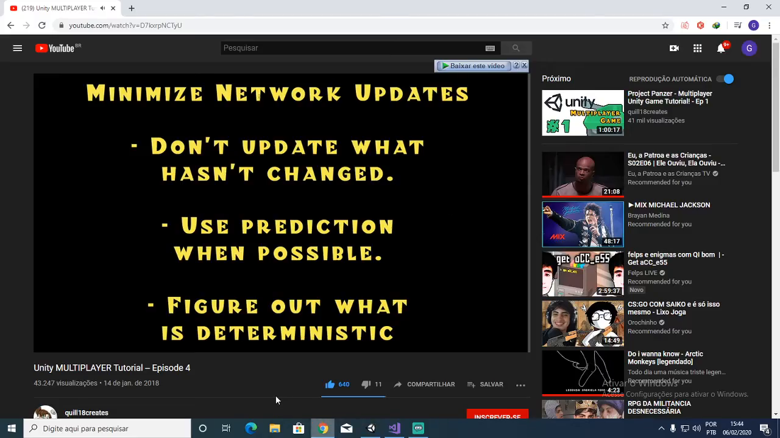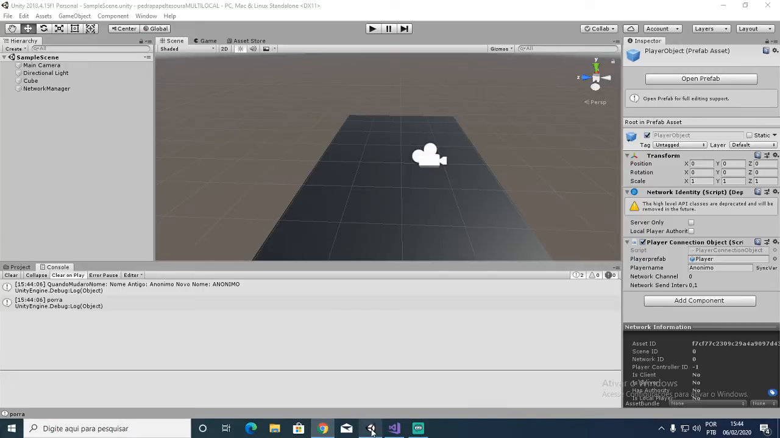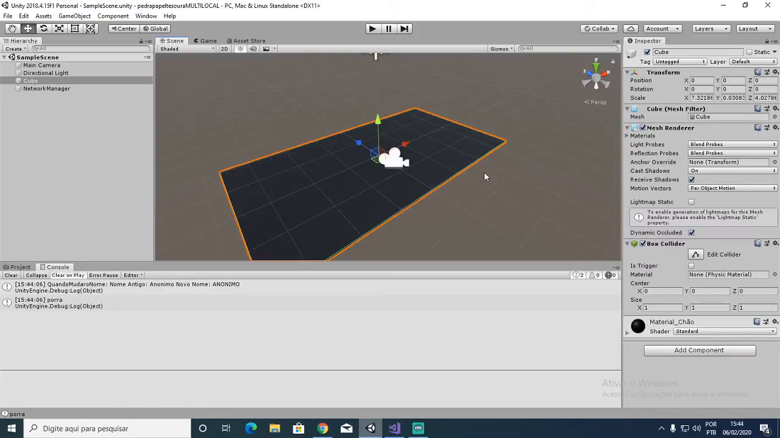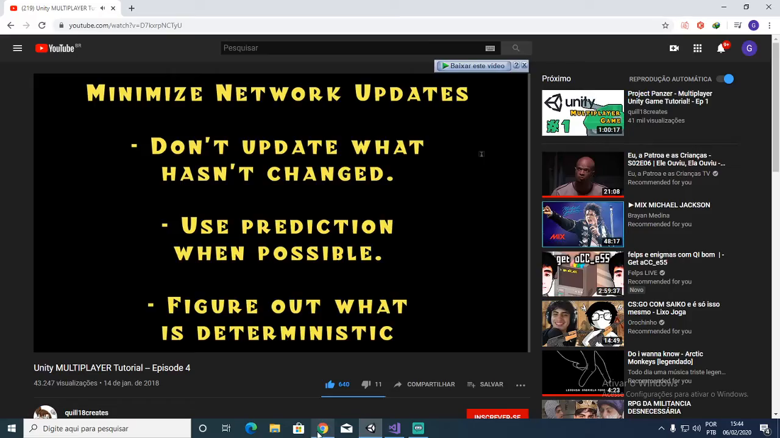Now, the most obvious problem with being too spammy with how much you send over the network, like running too many commands or running too many RPCs, is you might literally run out of bandwidth, right? Bandwidth is basically the amount of traffic you just jam into your internet pipe. And it can actually start to fall behind if for some reason